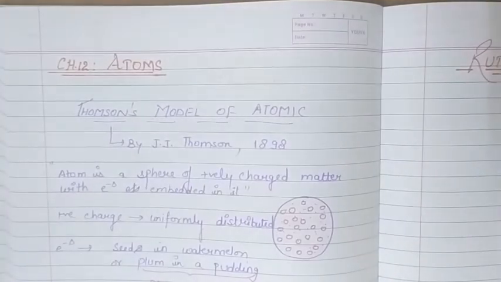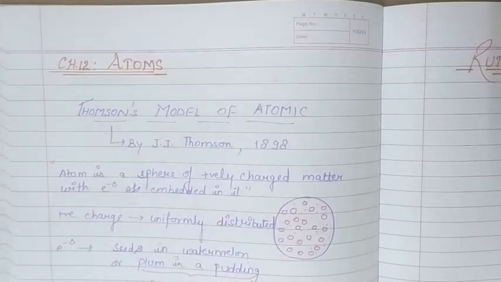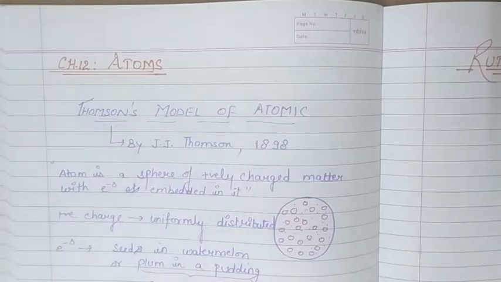Hello students. So today we are going to start chapter number 12 of class 12th, that is atoms, and in this chapter we will study about the structure of atom. So basically there are many atomic models given by different scientists, and later on some of them were discarded because of few drawbacks. So we will start with the first one and go to the latest model that we follow